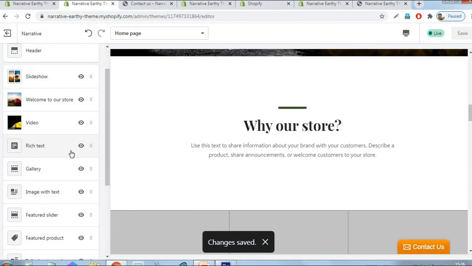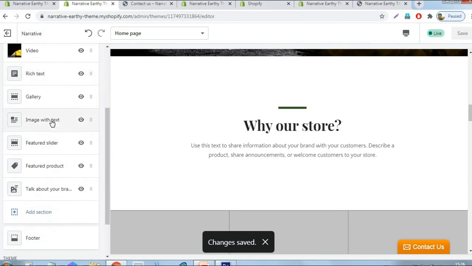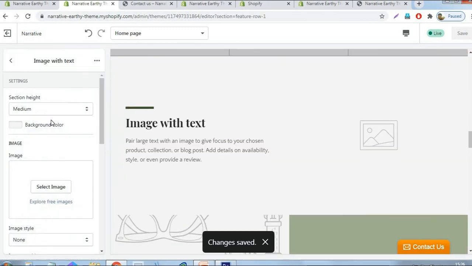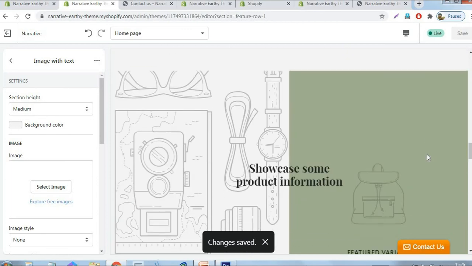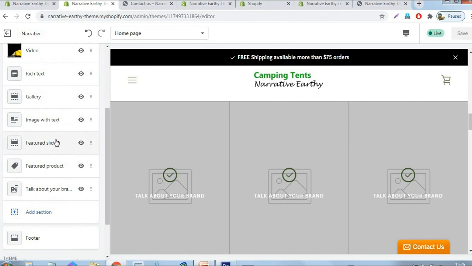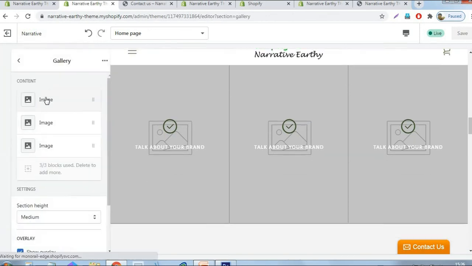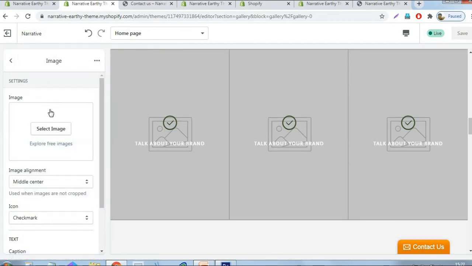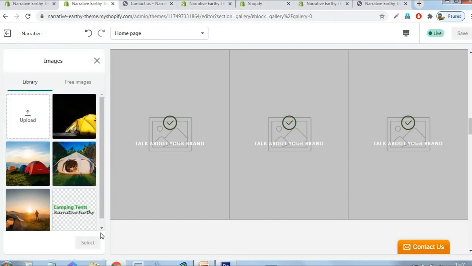Then after that, image with text. Okay, here in this one, gallery, here also we can use images about our brand name.